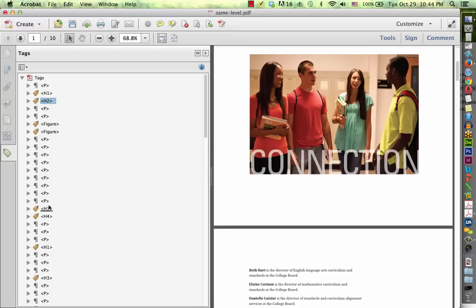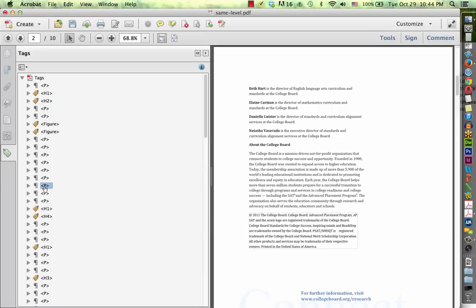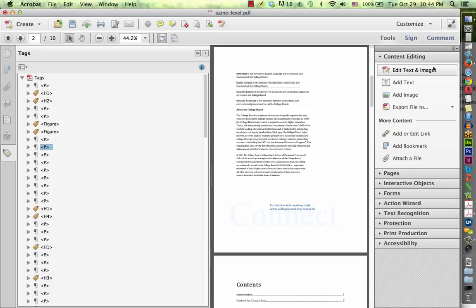One way, so looking on the left-hand side, it doesn't divide it into pages. So it can be a little bit confusing. You can click on the tags, and that'll take you to the different sections, and it'll highlight the appropriate parts, which is good. And another tool that is helpful is in the Tools section, and there's a tool called Accessibility down here,